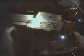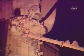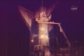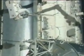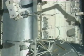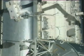Can bring me the 20 immediately and then get me out of the payload bay. Okay. Go ahead. We're ready to resume. Okay, Rick, resuming motion. Thank you. And Garrett Reisman working with Rick Linehan as they resume the motion from Endeavour's cargo bay out toward the mounting